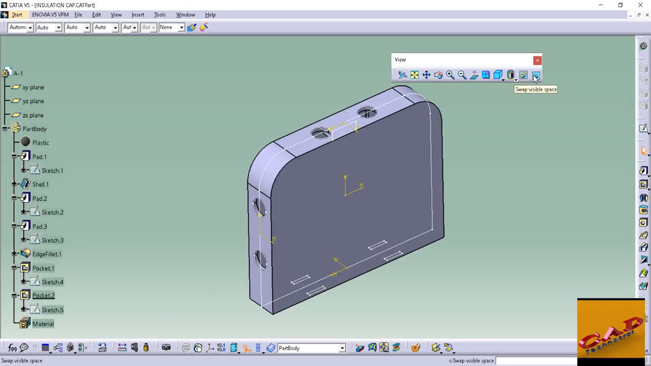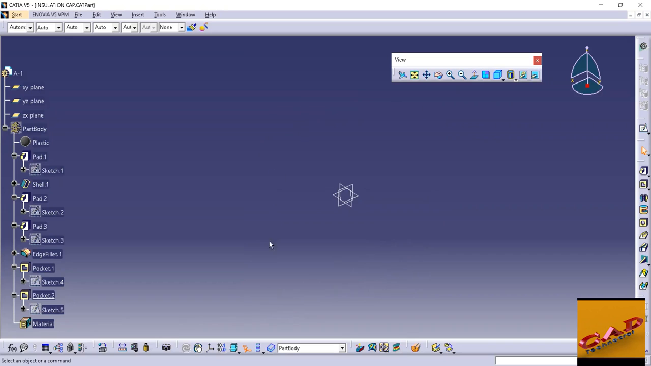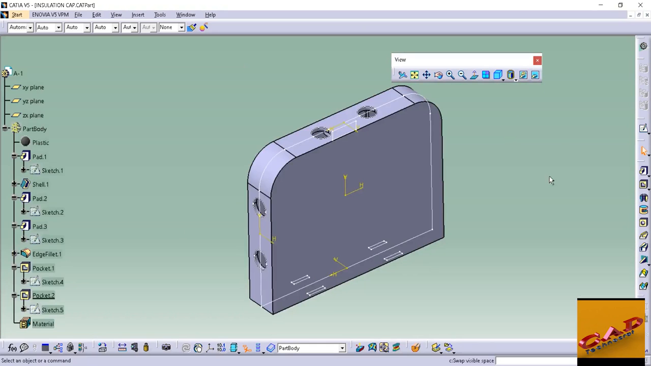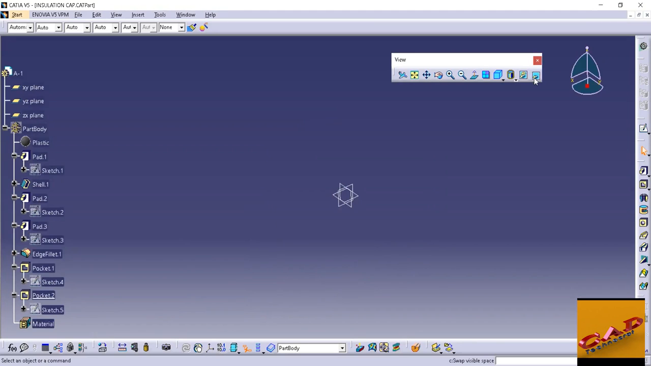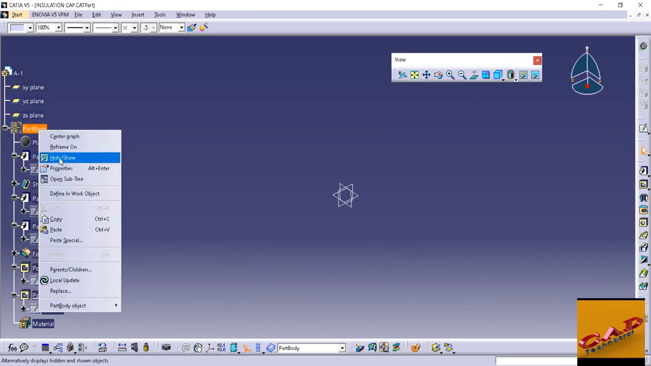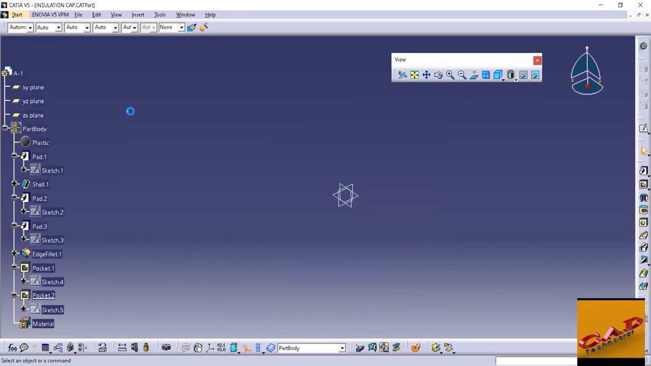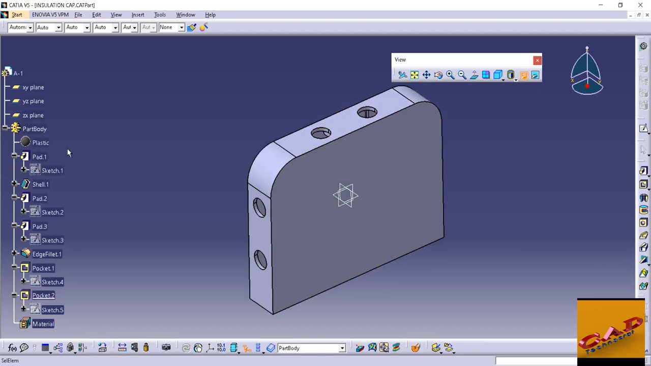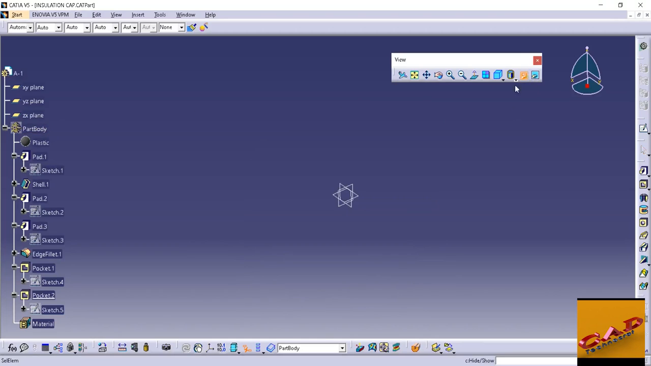This is the swap visible space. It is the shown window or it is the hidden window. You can see the job is hidden, and if you come to the main window there is no job. Okay, so again if you want to hide or show the job again, either you can use right click hide and show, or you can use this feature. It is also hide and show. Just click on this. Okay,